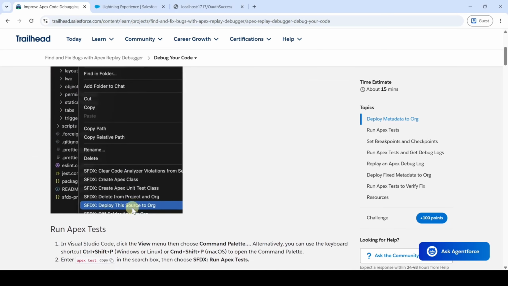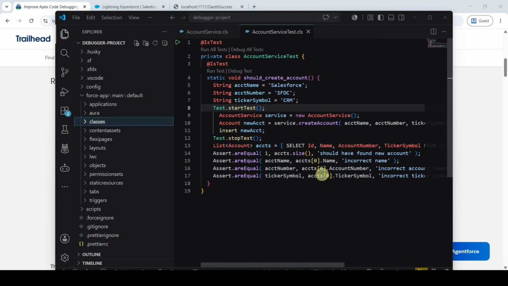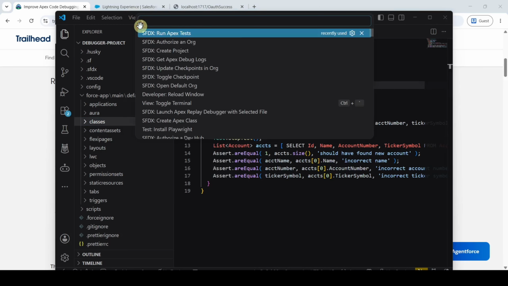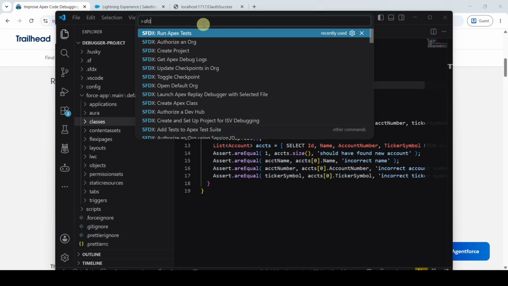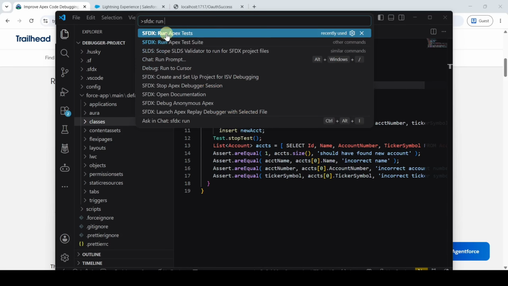After that, what we need to do is run the Apex test. For that, move to Visual Studio Code and here click on view and select command palette and search for SFDX: Run Apex Tests. So select the first one.